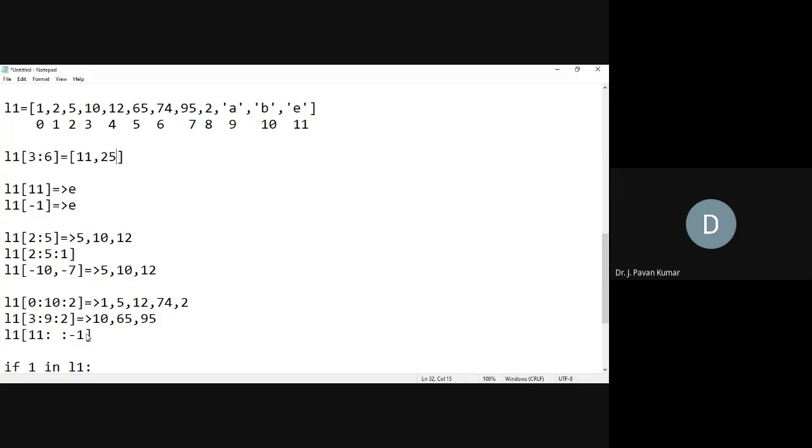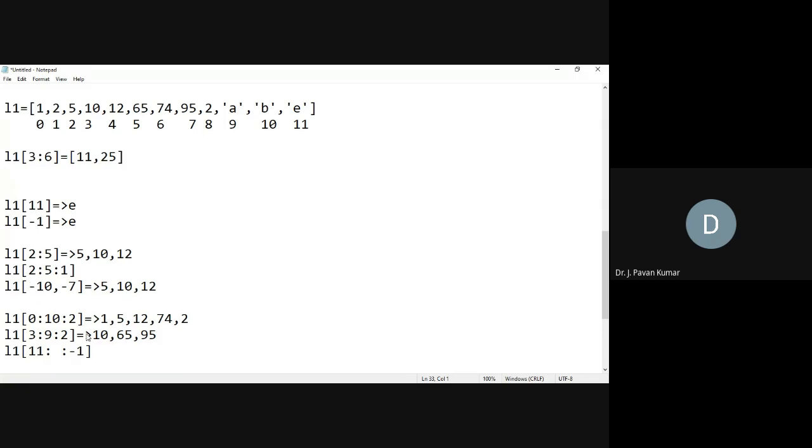Next, we want to insert at a specified index. I don't want to replace any element. If you assign like this, it will definitely replace; depending upon the length, it will displace either this side or that side. But I want to insert an element at the 5th index position directly, without losing the element that exists at the 5th index, that 65. I want to keep that 65, but at the 5th index position, I want to have 85.